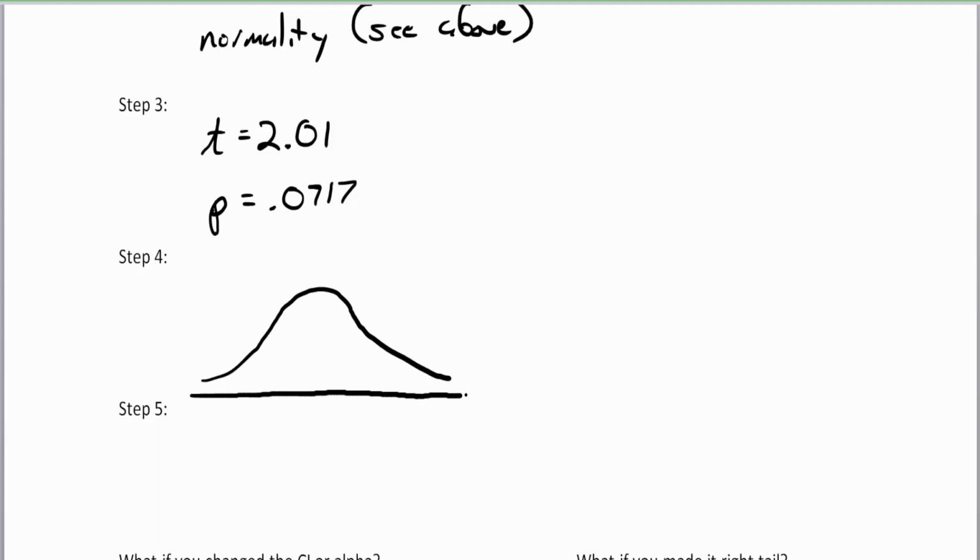Okay, so here's our picture. All right, you can see I kind of drew the ends of this. The t-curves have more area at the tails than they do in the center. So here we have our flag. Our flag is going to be planted at